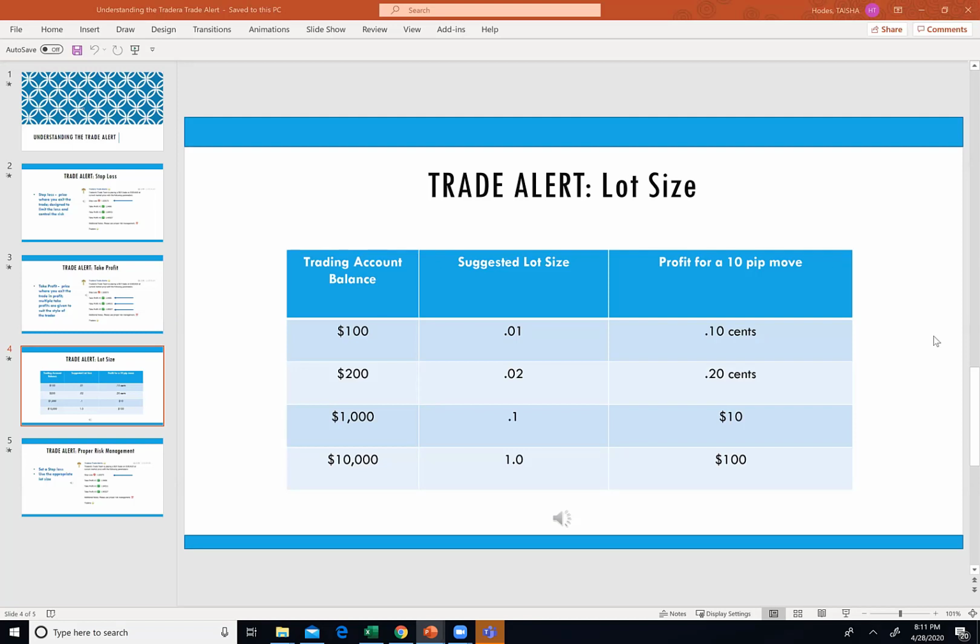yeah, experiment in demo, and everyone understand your mindset is a little different in your live account. So it's good to practice what you're going to do live in demo, but just be prepared that it's a little different when you have real money on the line. So to answer your question, it really just depends on your mindset. Some people can set a trade, set their stop loss and take profit and forget about it and not look at it. So if that's you and you don't mind watching it, be in drawdown a little bit,